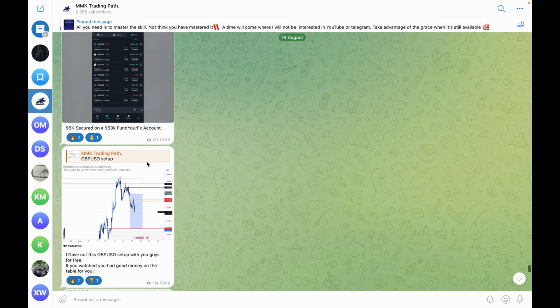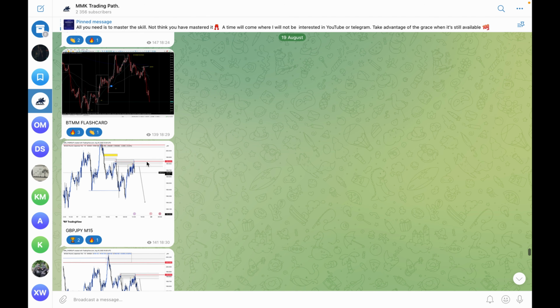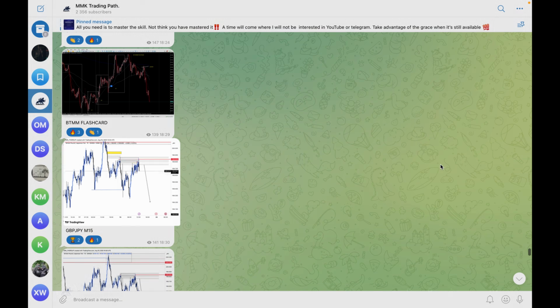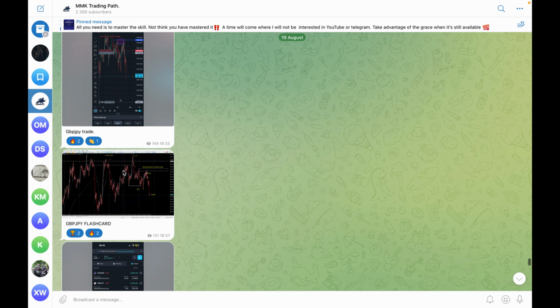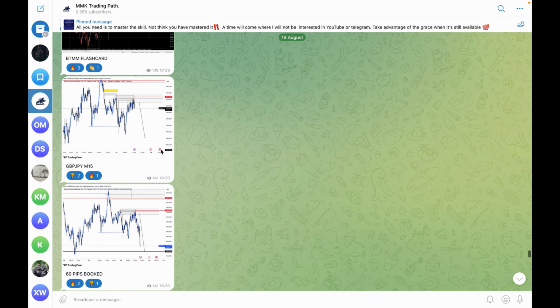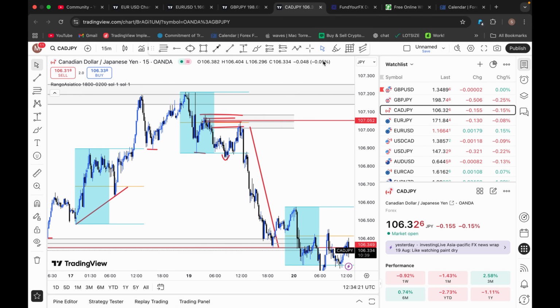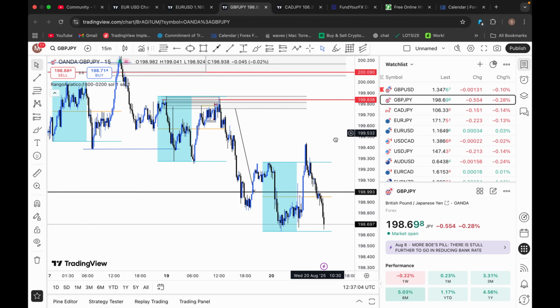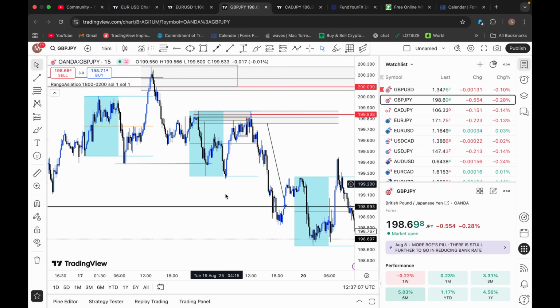We also looked at GBP JPY. As you can see, this is what we had. Very clean setup. From the supply area, I wanted to see price move all the way down, and I actually also took that trade, as you can see. So I'm going to take you through the reasoning behind this. If you looked at GBP JPY, the setup there was pretty much very clean. All we had was the previous day,